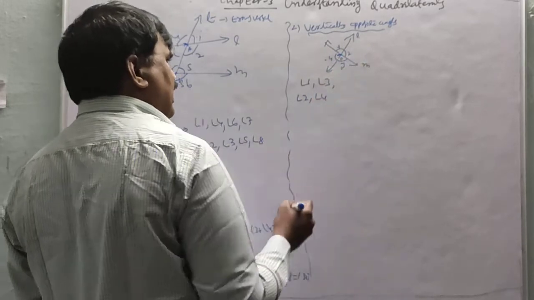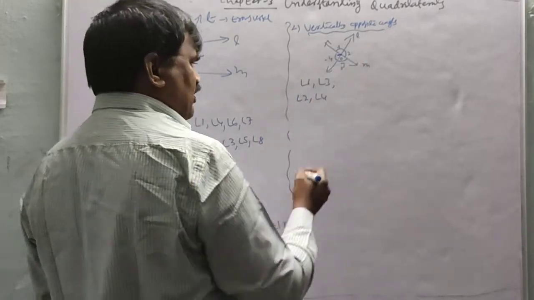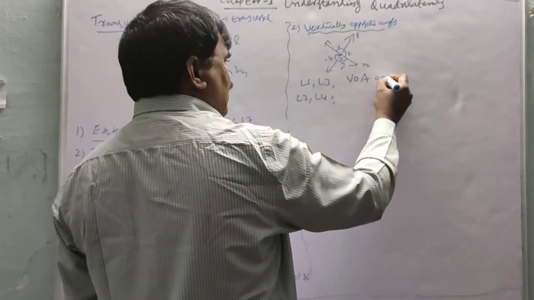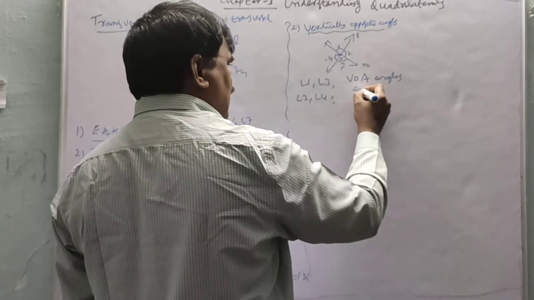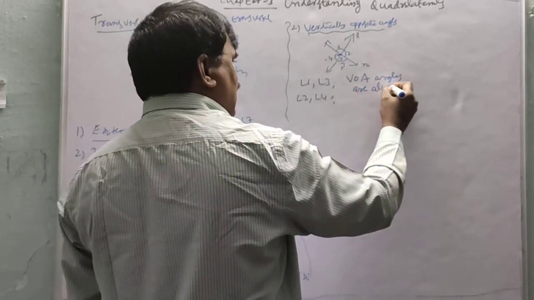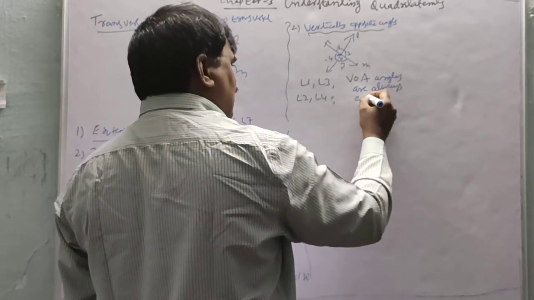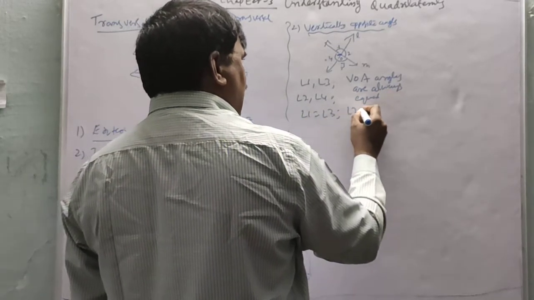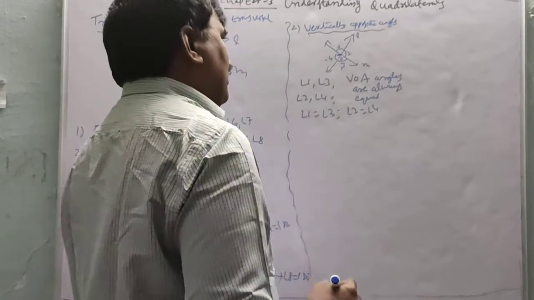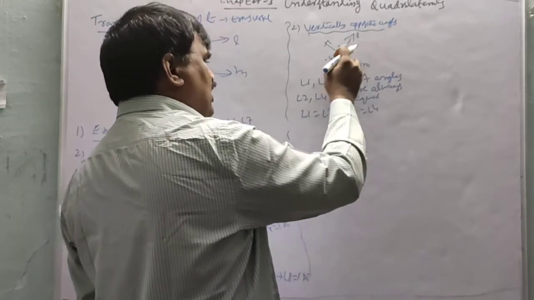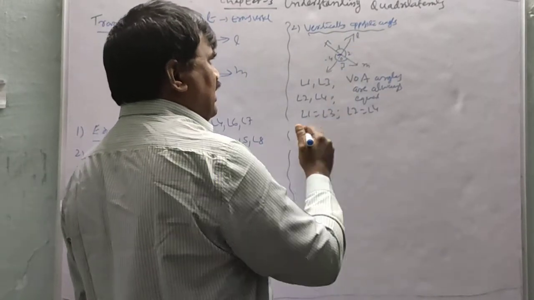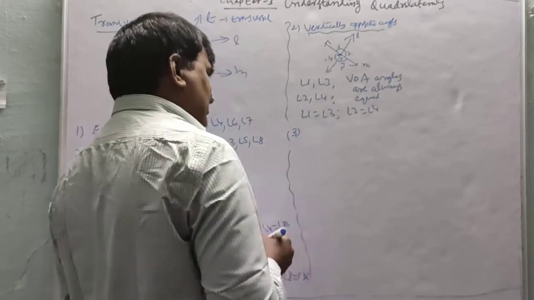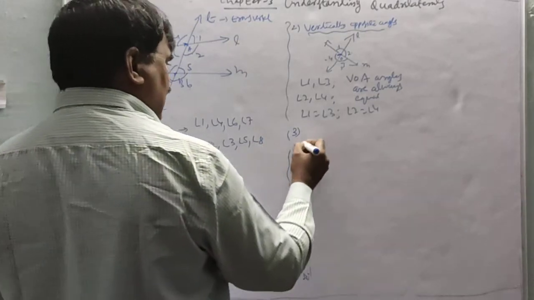2 and 3 linear pair. 2 and 4 vertically opposite angles. So what is the property? Vertically opposite angles are always equal. So that means angle 1 equal to angle 3. Angle 2 equal to angle 4. So 1 equal to 3, 2 equal to 4. These are vertically opposite angles. This is property. Next pair of angles I am coming, that is corresponding angles.